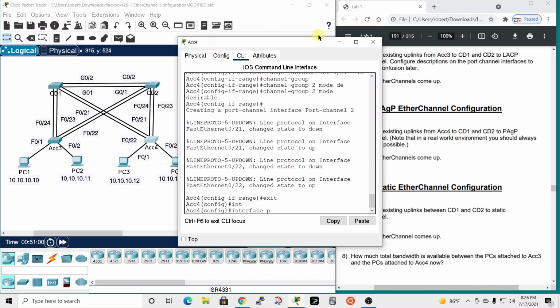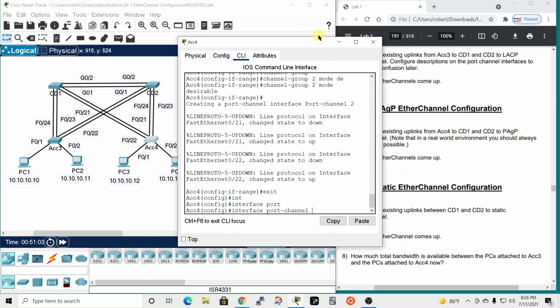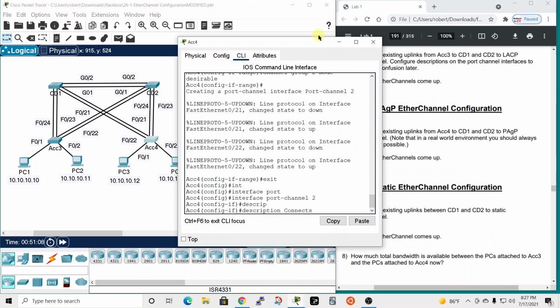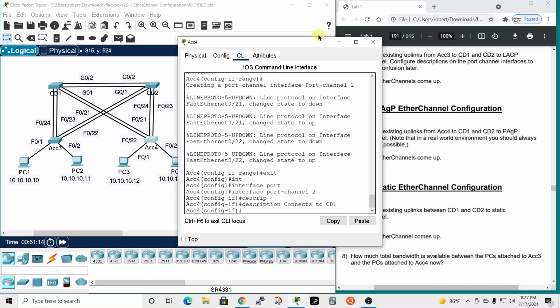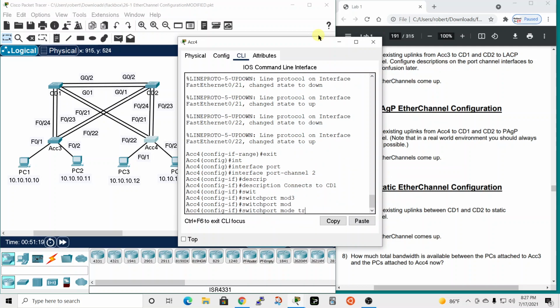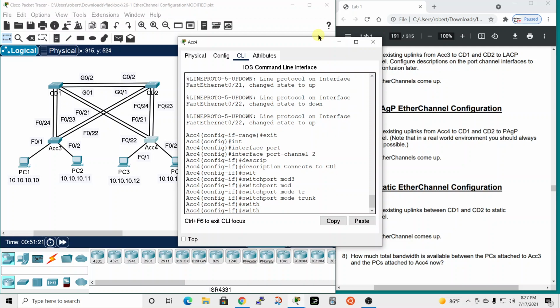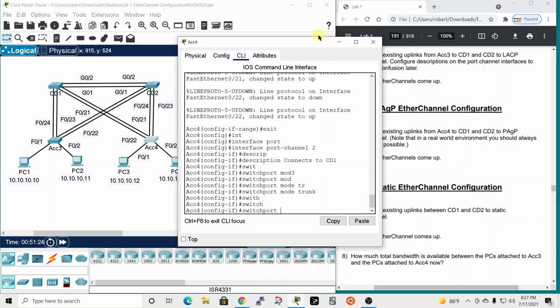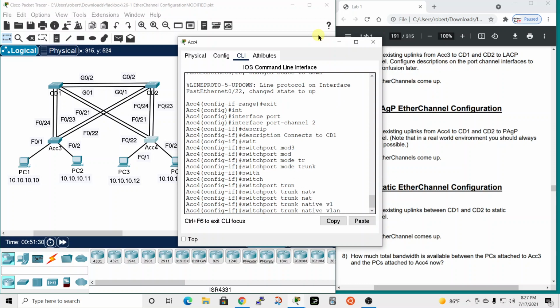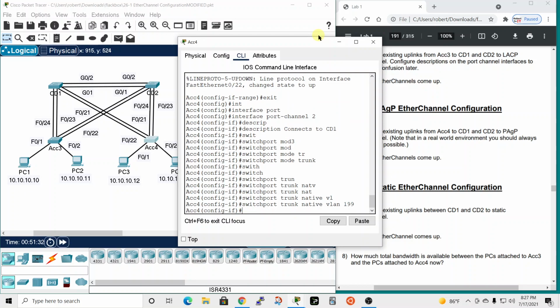And we're going to go to interface port channel 2. We need a description, and it will say connects to CD1. All right, and then we need switch port mode trunk, and we need switch port trunk native VLAN 199. We've done the ACC to CD1, now we need to do CD1